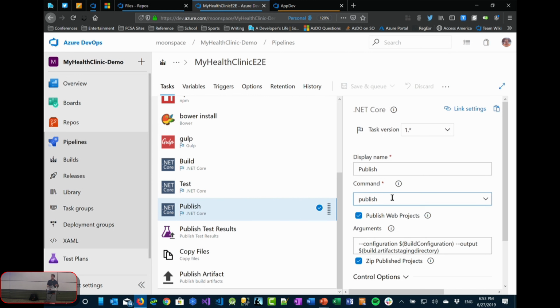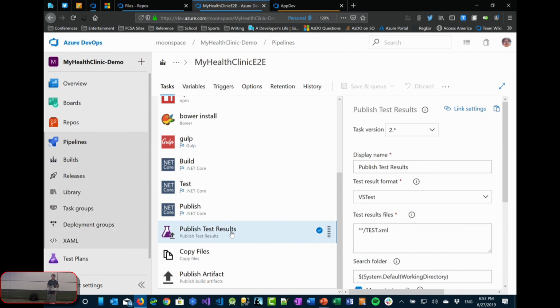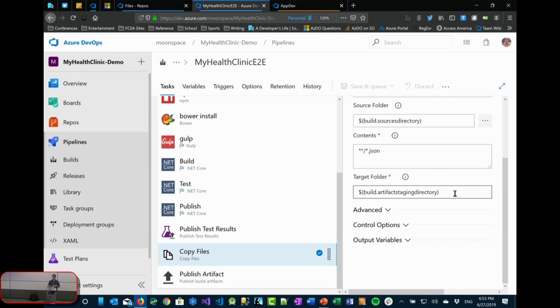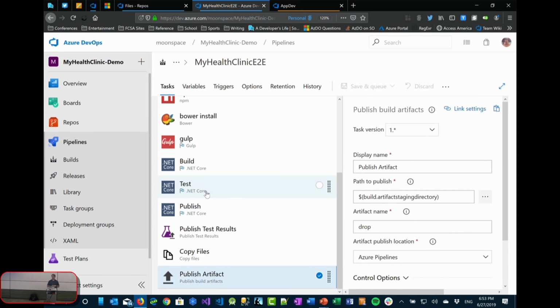Eventually we get to the publish, which essentially just packages everything together. Then we publish our test results, and all that means is pushing the test results back into Azure DevOps, so you can get a nice view and history of what the tests have been doing, and so forth. In this case, we're also copying some files out to the artifact staging directory, and then this last task here is publishing the artifacts themselves. So after everything's been built, tested, and then quote unquote published or compiled, if you will, it publishes them as an artifact. We'll look at artifacts at the very end, but there's a quote unquote artifact store, if you will, in Azure DevOps.